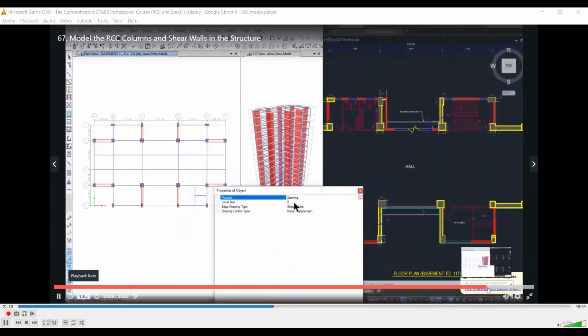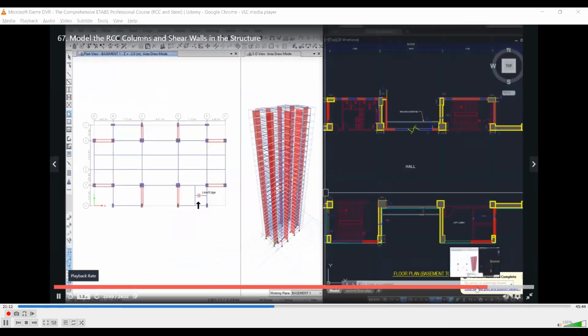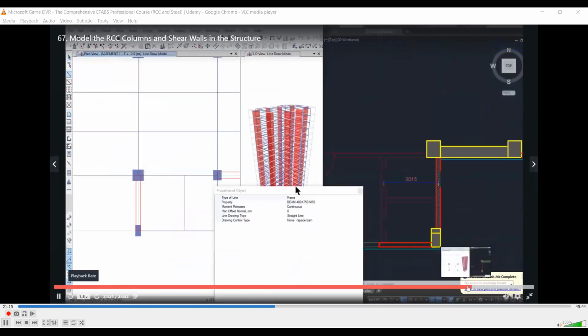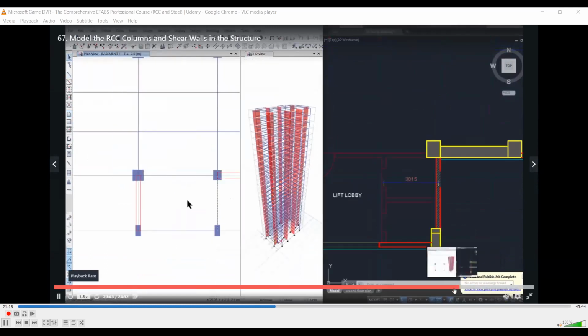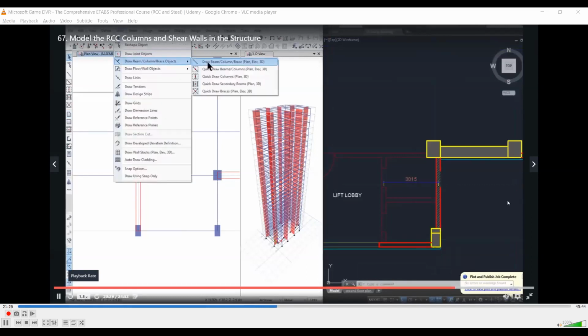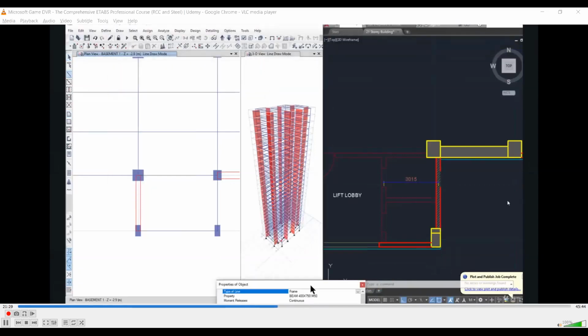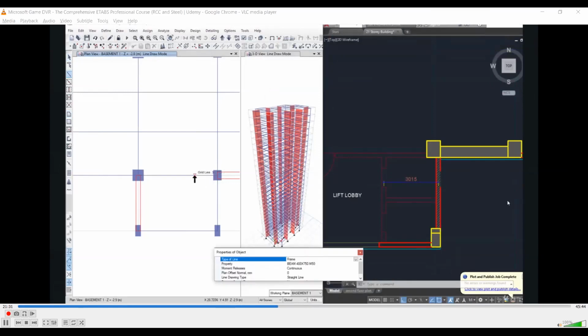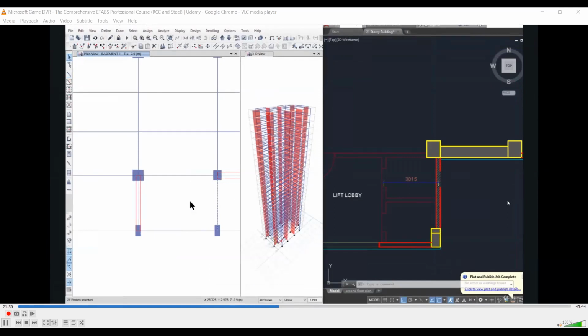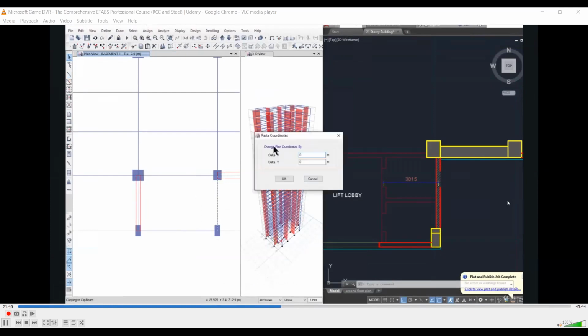So now we have modeled a single slab. We need to draw a beam here. So we go to draw beam column brace, draw beam columns. We can draw a 400 to 750 beam here from this point to this point, or we could copy this beam from this point to this point. Just notice that when we are left clicking on this, 28 frames are selected because whatever change we are doing is being changed on all the stories. Just do Control C on your keyboard and Control V.